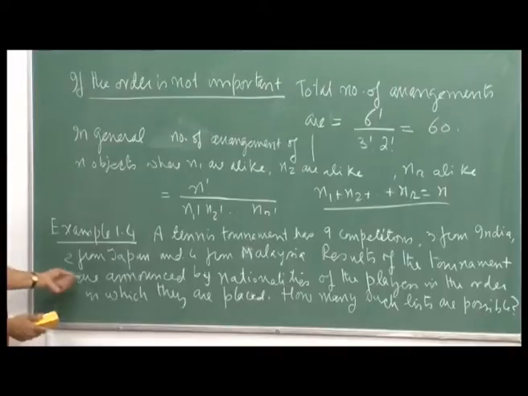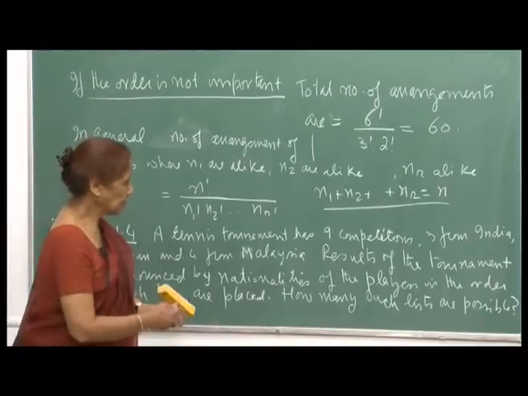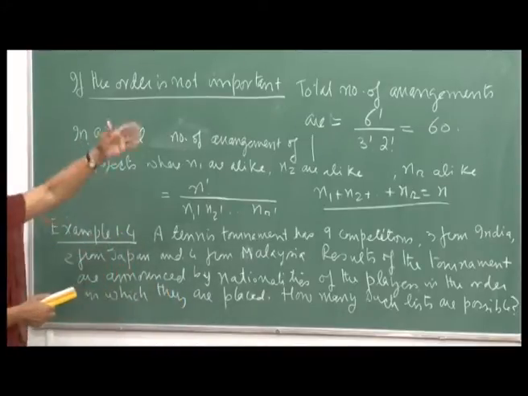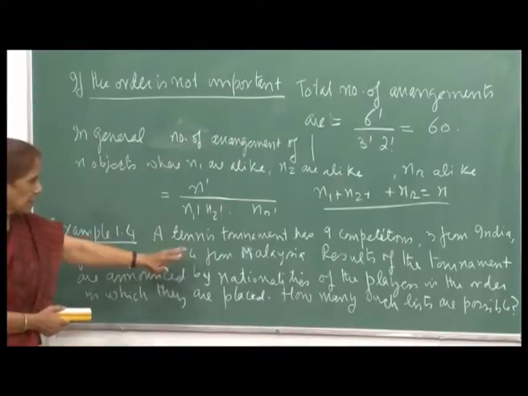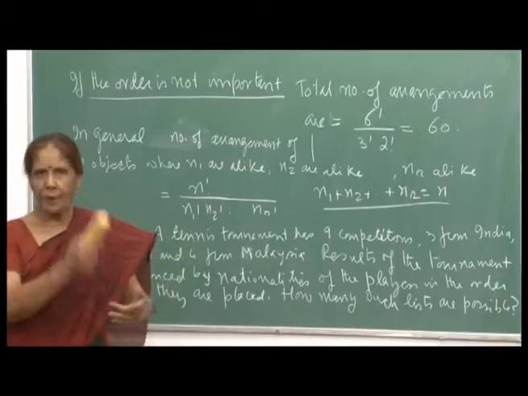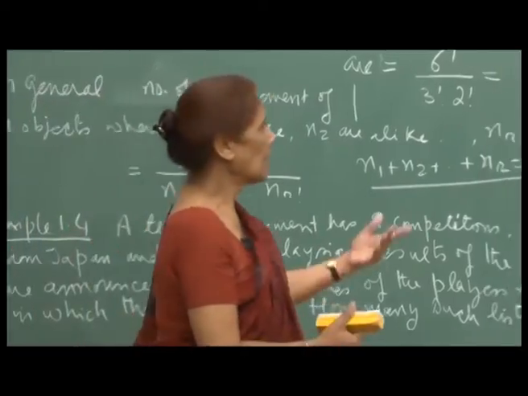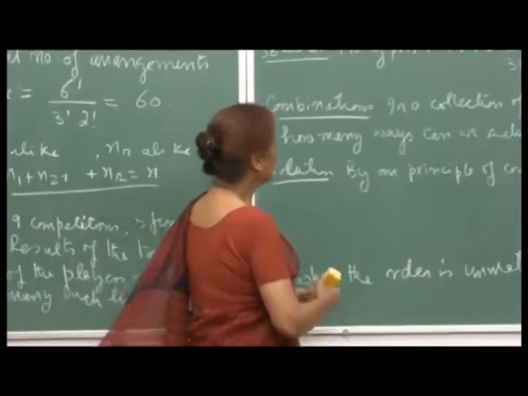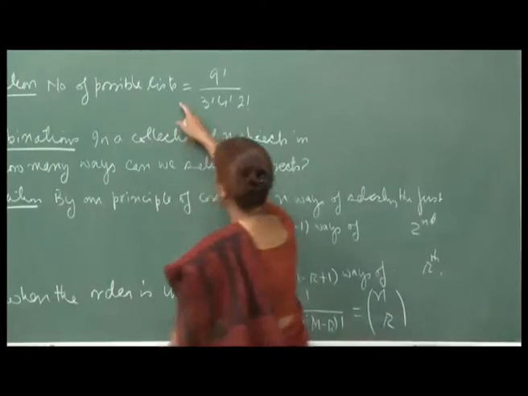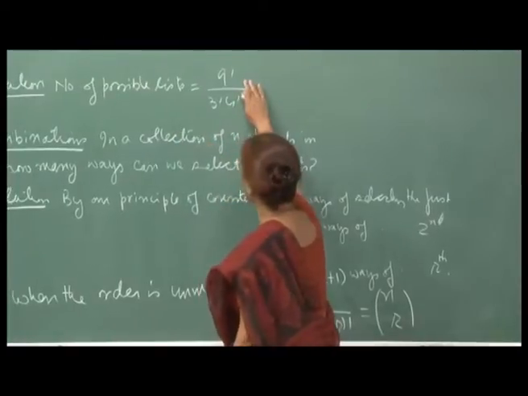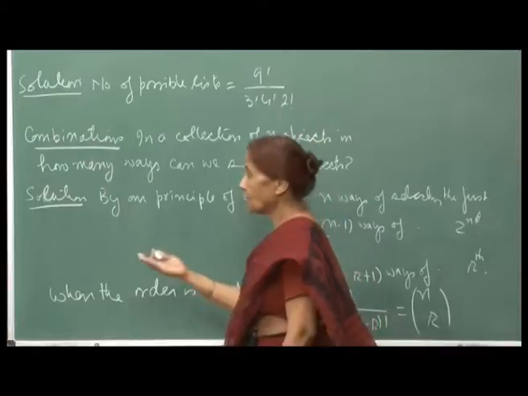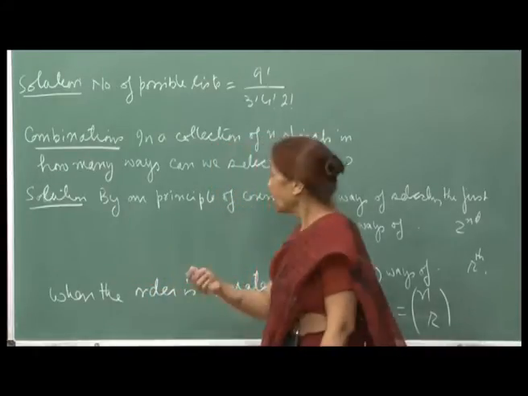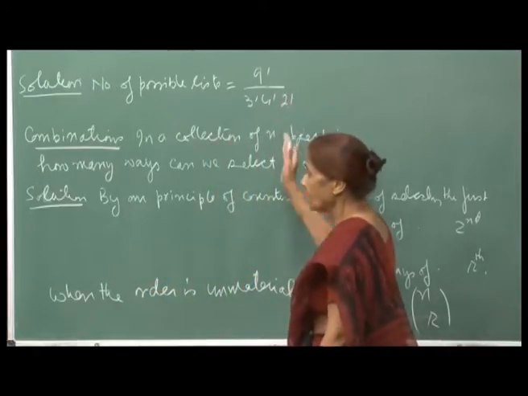So, therefore, if you want to find out how many such lists are possible, that means what is the arrangement of the positions that the players from 3 nationalities occupy in your list, first, second, third, up to 9 positions. Then the total number of lists that you can have would be 9 factorial. So, 9 is the total number of players, and if I was going to distinguish them by the names, in that case there would have been 9 factorial arrangements of